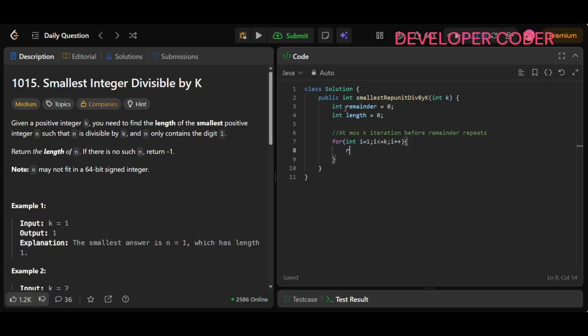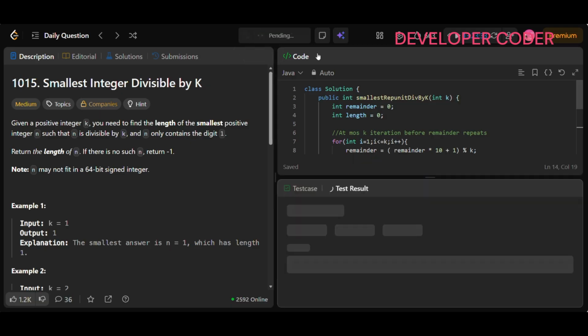Okay, so here how I'm going to operate the remainder, it's nothing but remainder into 10 plus 1, right, modulus with k, that's it. And here length plus plus, and here if your remainder, if it becomes equal to 0, then in that case you have to return length. Okay, so here I will write this, let's say return -1. Okay, I will say. Now if I run it,